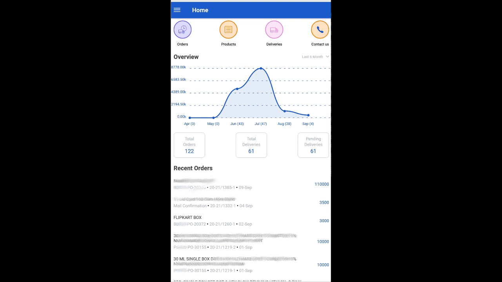I'm the director of CDC Printers, one of the highest awarded print companies in India. We have recently launched an app using which you can access all your order history. You can check the current delivery status, the production status, whether it has been printed, whether it has been laminated, punched, or whatever.